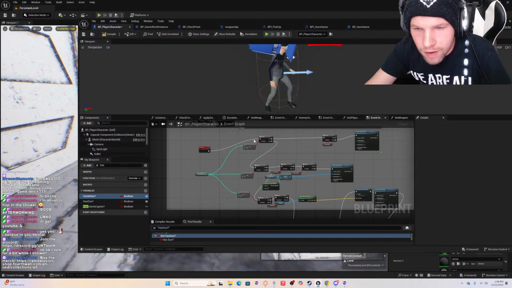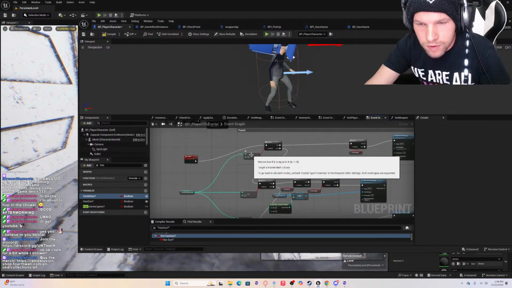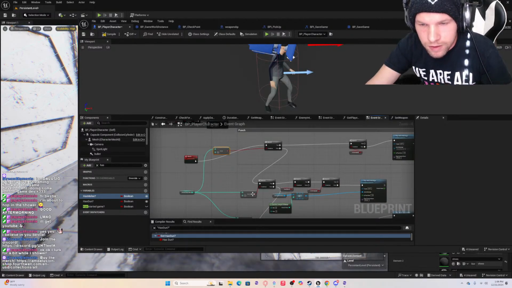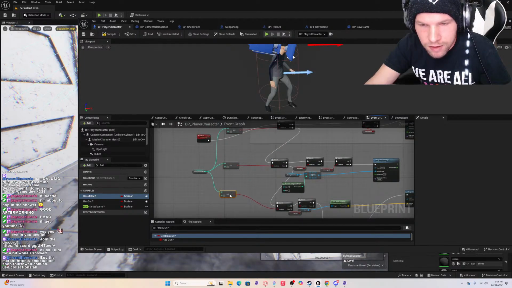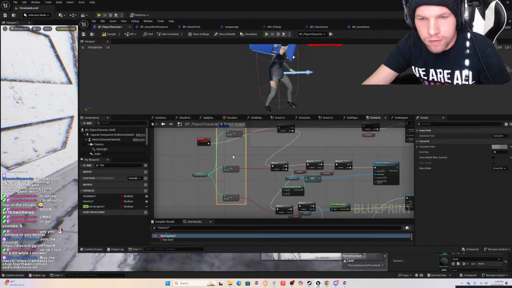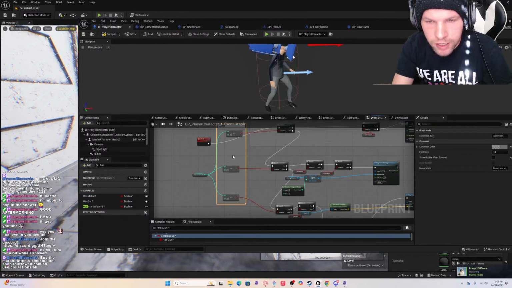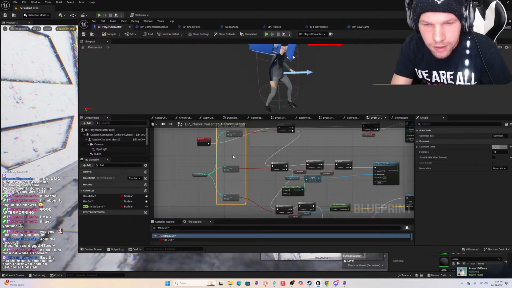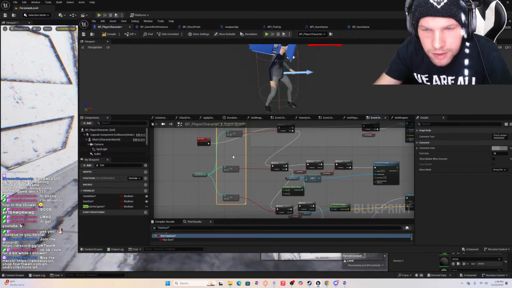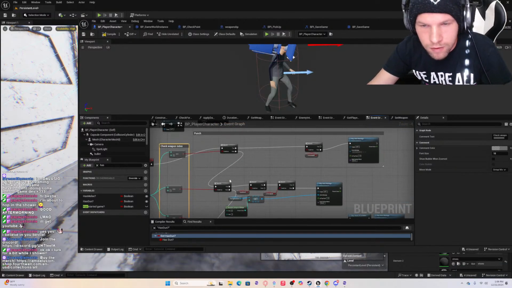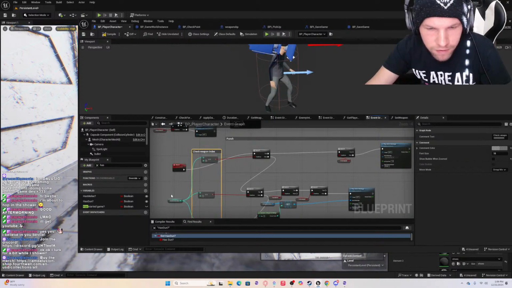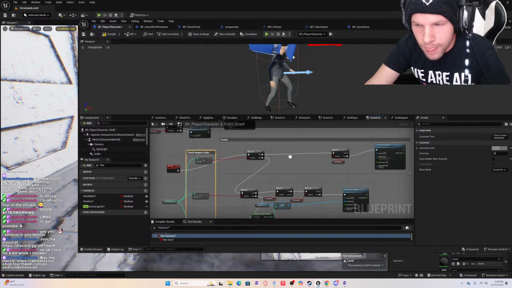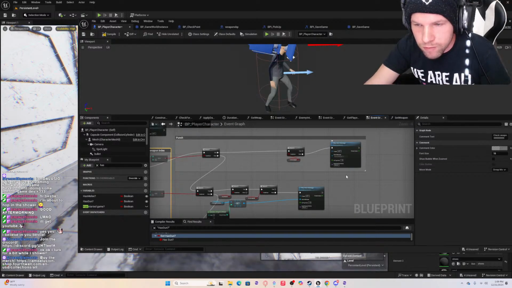I'm going to move these back a little bit, and then comment this: Check weapon index. What happens here is if the current weapon index or item index is 0, then it will play the punching animation.